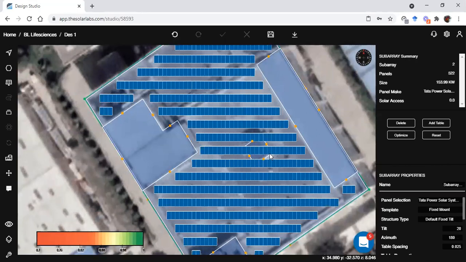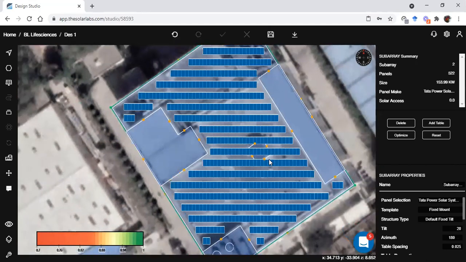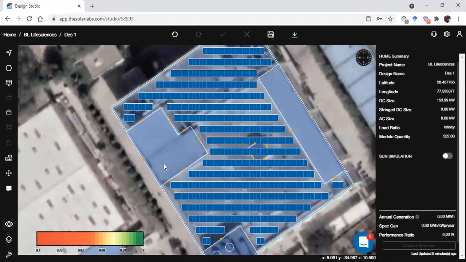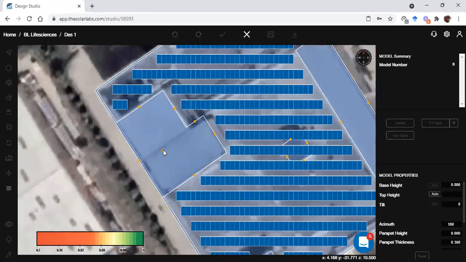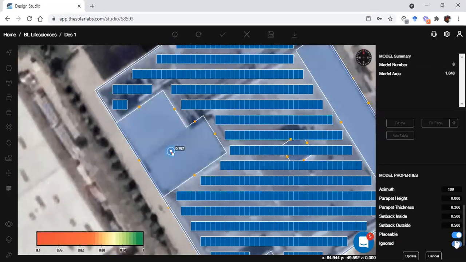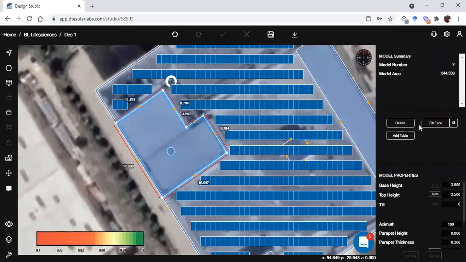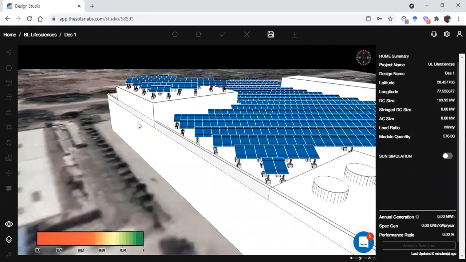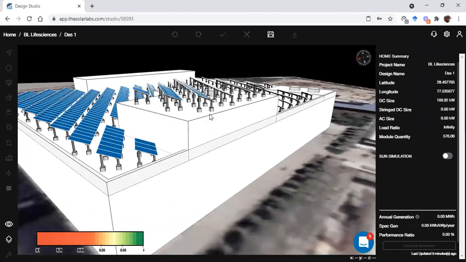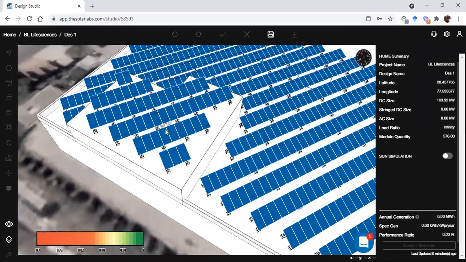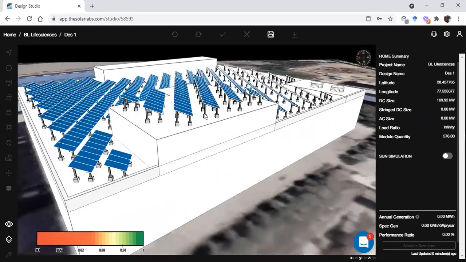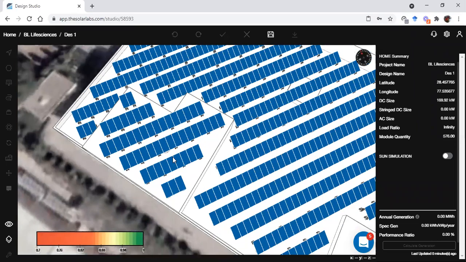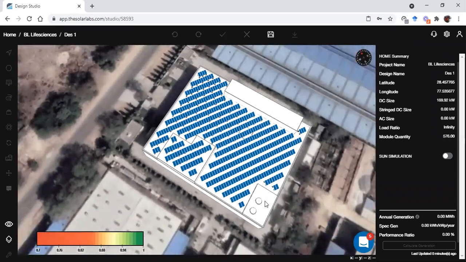So like this, you can use this feature if, let's say, there is some tank. Let me create one tank on this boundary. So here is this tank. If I mark it as ignored and unplaceable, and update it, now if I place, it will place my panels even if there is a tank. It will place it according to the position of the tank and then place it there. So we can increase the number of panels we can place like that.